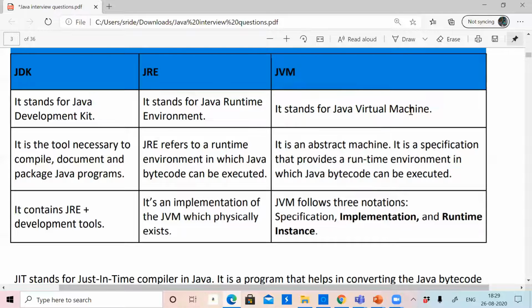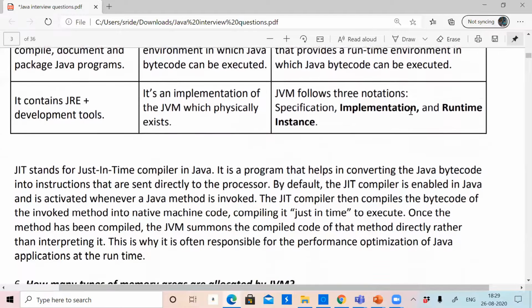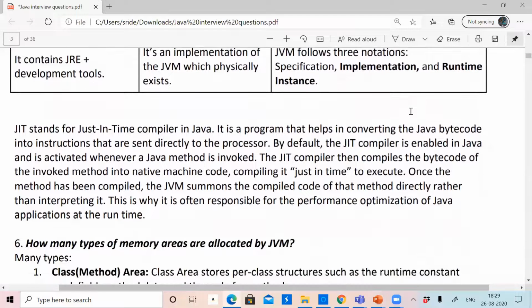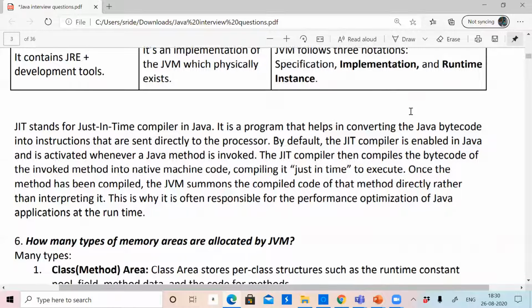Java Virtual Machine is an abstract machine. It provides the runtime environment in which your bytecode is executed. Okay. And JIT is a compiler. Java is an interpreted language, but the JIT compiler is placed in the JVM. It helps in converting the bytecode into instructions which are sent to the processor. Okay. So whenever a Java method is invoked to run the programs, the Java JIT compiler is enabled automatically. Okay. And the JVM